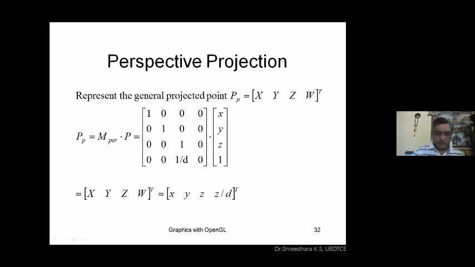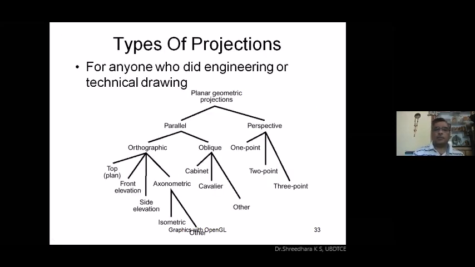Similar to perspective projection, we have already come across parallel projection. We will try to understand in depth the usage of parallel projection in all angles. Finally, planar geometric projection is classified into two categories. Perspective is very interesting, and it gives a realistic picture. You have 1 point, 2 point and 3 point perspective projections. In parallel projection, there is orthographic projection. Using this projection we have drawn many of the pictures.